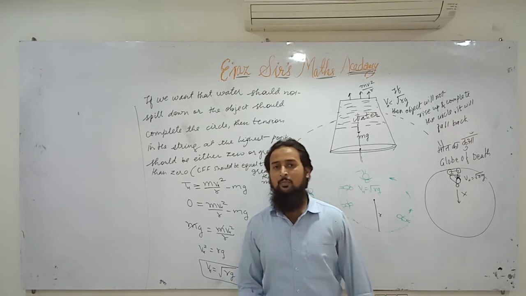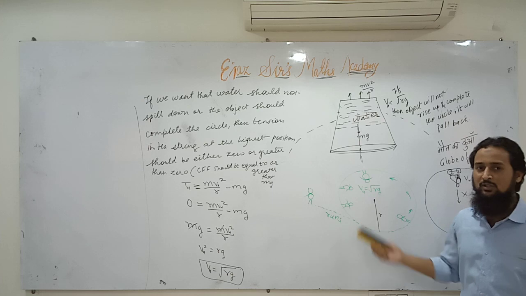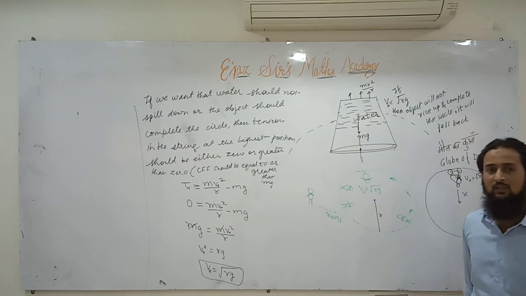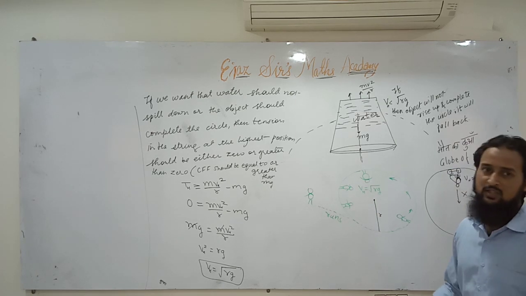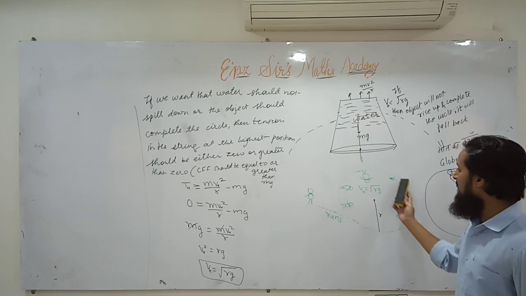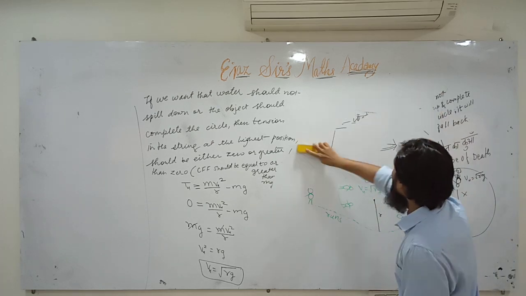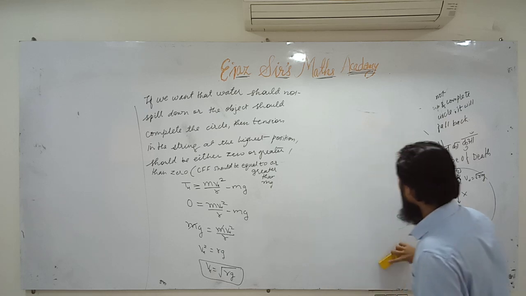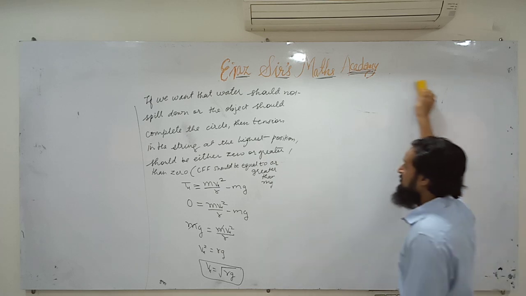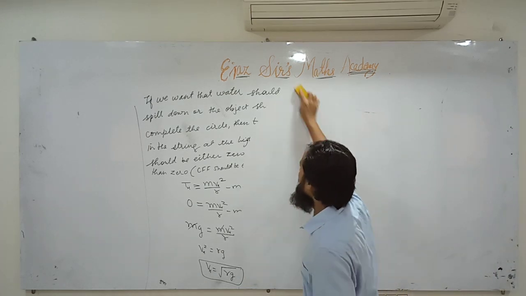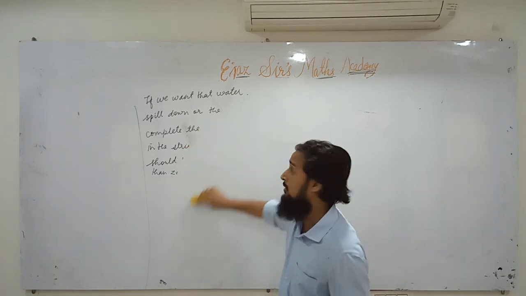Hello students, in our previous class we studied this derivation and we found that the minimum velocity at the highest position to complete the circle is root rg. If the velocity is greater than root rg, it's well and good, but if the velocity is less than root rg, the object will fall down. Okay, I am going to erase everything and let us proceed and find out the minimum velocity at the lowest position. How much should be the minimum velocity at the lowest position so that the object should go up and complete the circle and should not slide down, should not fall back.